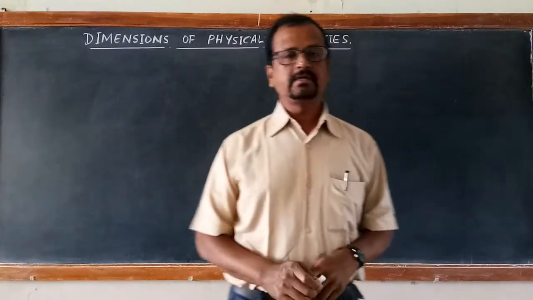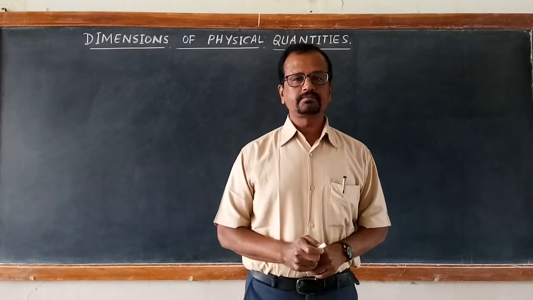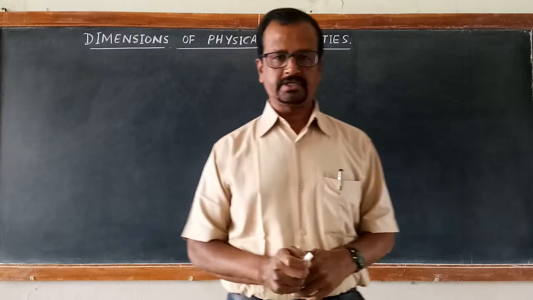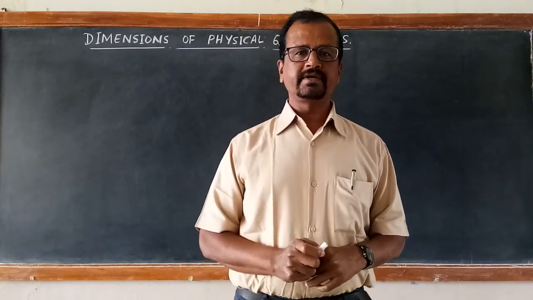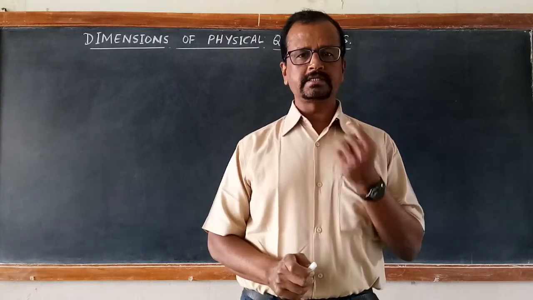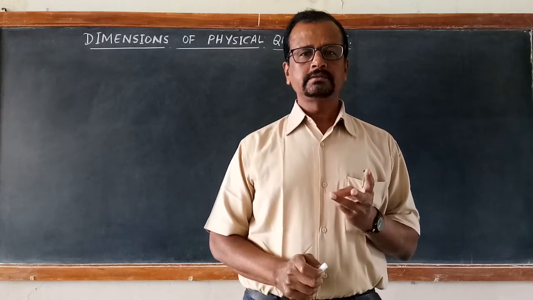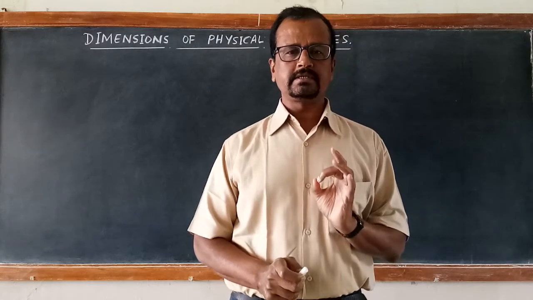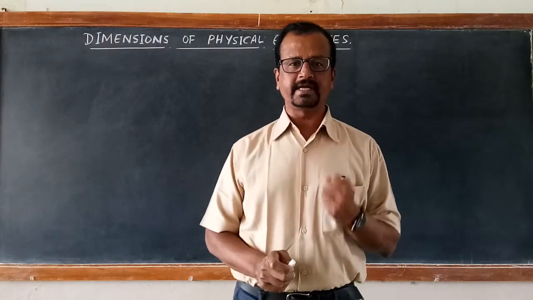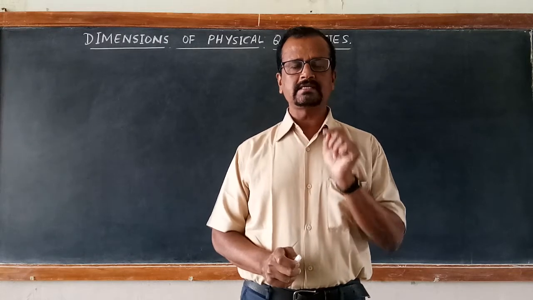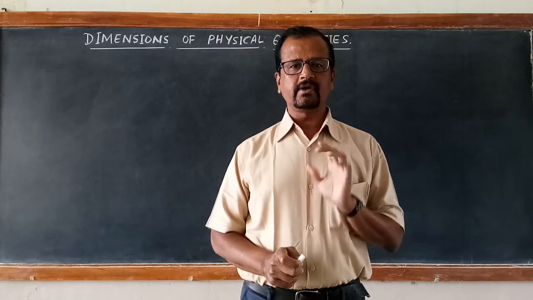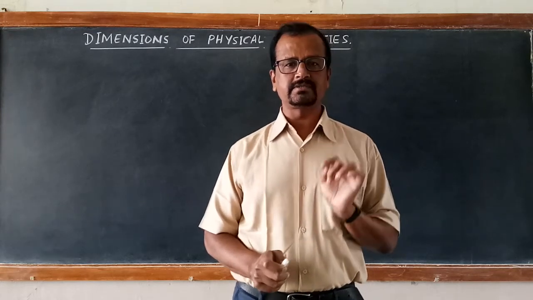Good morning, students. Yesterday we learned about significant figures and certain arithmetic operations for significant figures. Yesterday I misquoted; it was a slip of the tongue. I told you any number expressed in terms of a into 10 to the power of b, in terms of powers of 10, is called a significant figure. Please correct it. It is scientific notation, not significant figure. That is the correction I wanted to make.